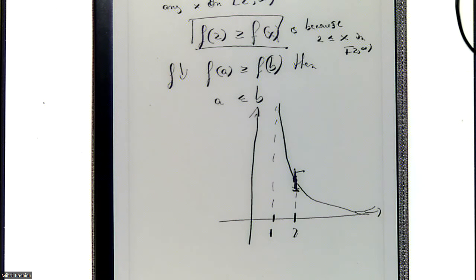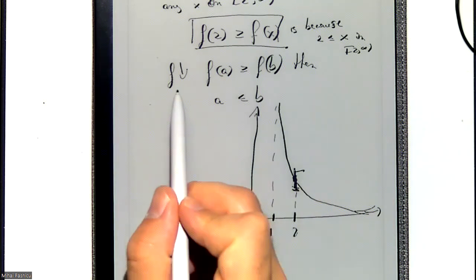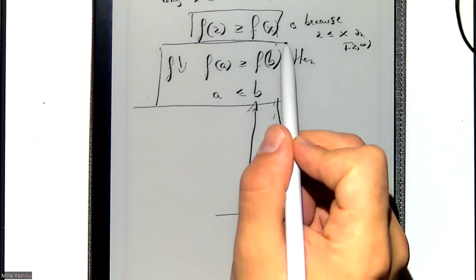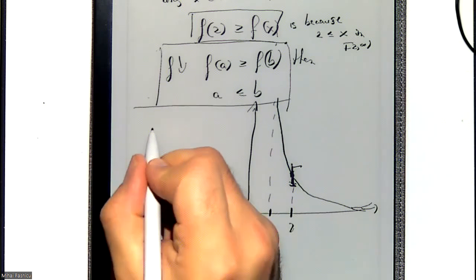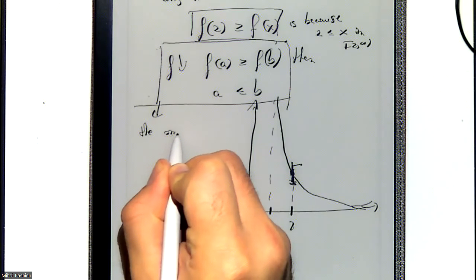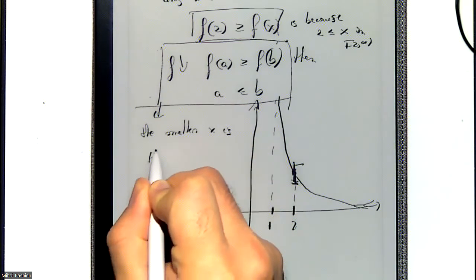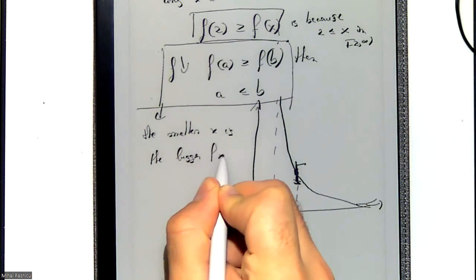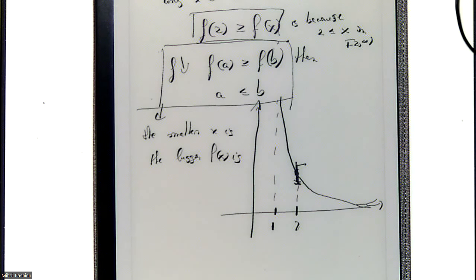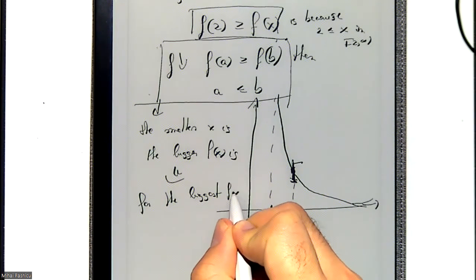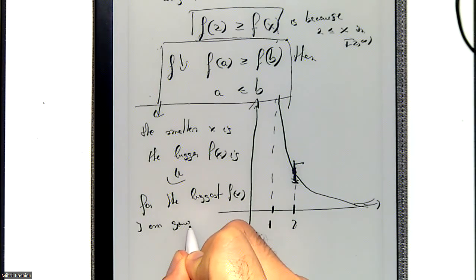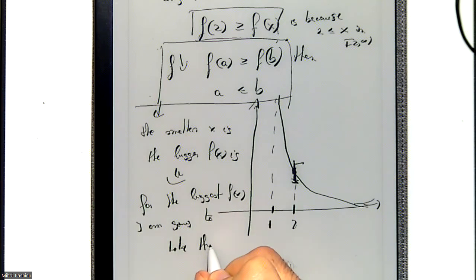Okay, makes somewhat sense. Like I showed to you guys that it's decreasing. This is the definition of being decreasing. It means that the smaller the x, the greater f of x is. So in words, it means the smaller x is, the bigger f of x is. So if I want the biggest f of x, I'm just gonna take the smallest x, right? Doesn't it make sense? If this is true, then for the biggest f of x, I am going to take the smallest